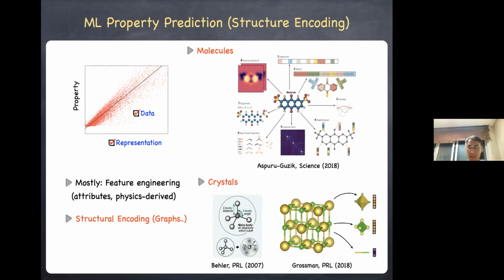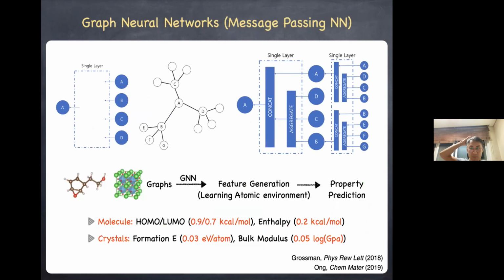There are a number of different ways of encoding the structures of molecules and crystals. One of the more promising approaches is to represent the molecules and materials using graphs. In graph representation, you basically represent the atoms as nodes and chemical bonds as edges. By a mathematical operation called convolutions, you can incorporate the information of remote atoms locally. By performing several such convolutions, you can basically encode the information of the entire molecule. These graph methods have been shown to yield promising performance for different properties for molecules and crystals.